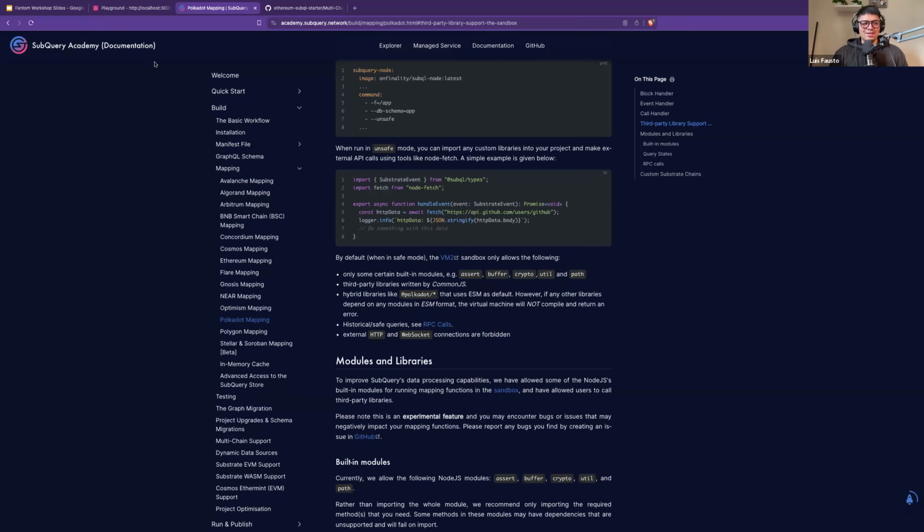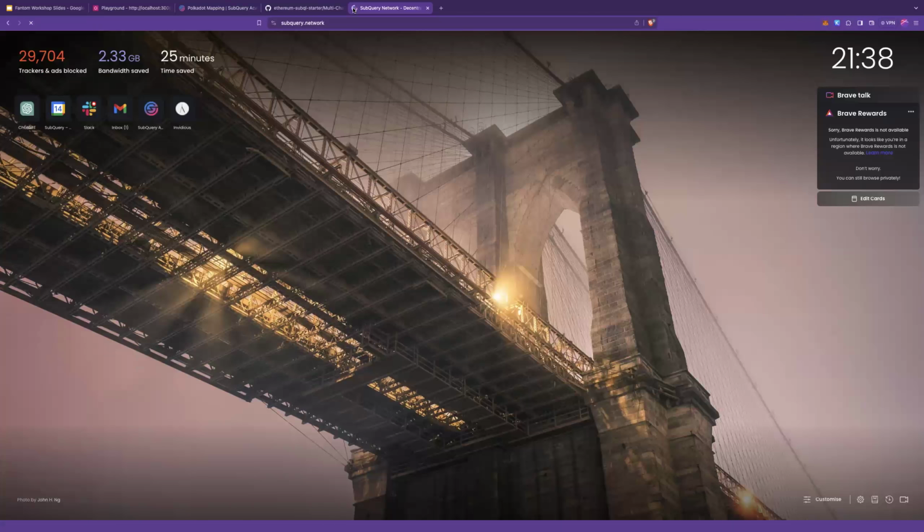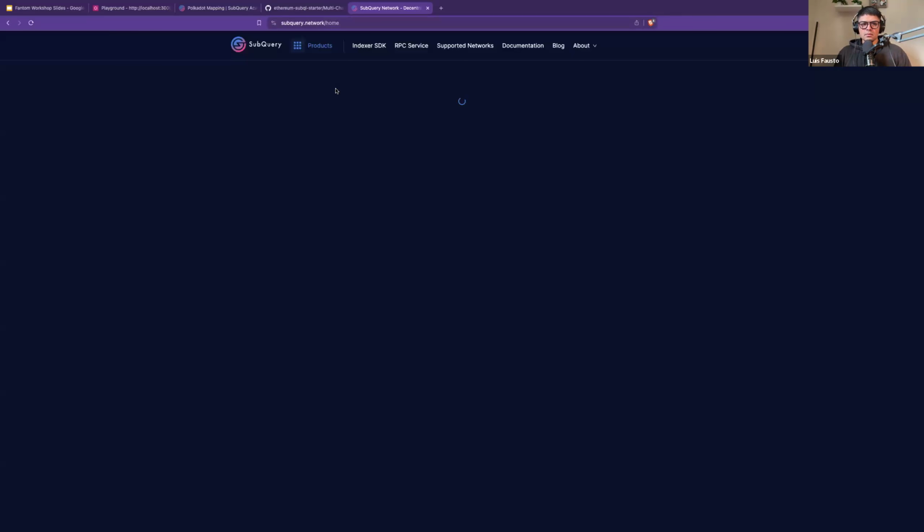Awesome, Boris. Well, as you can see, the documentation is robust, so there's a lot in there that people can dive into. What is the best way for people to get in contact with you or anybody at SubQuery? I know the documentation's in front of us, but can people connect with you, Boris? Yeah, all the links, all the emails, community, Telegram, X, Discord, all the links can be found on the official website at SubQuery Network. Cool. So be sure to scroll down.